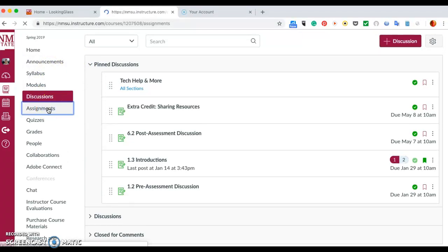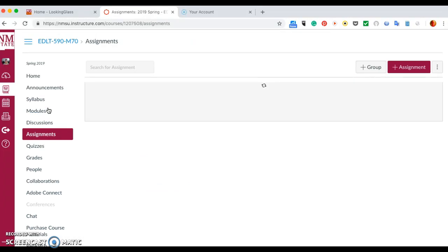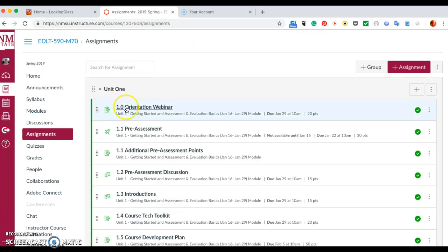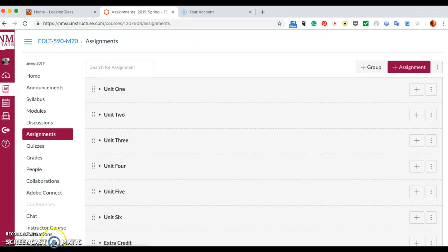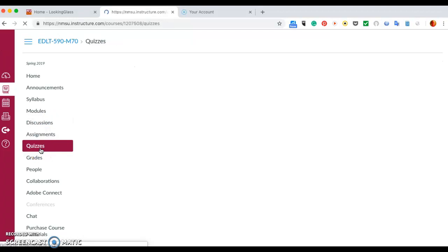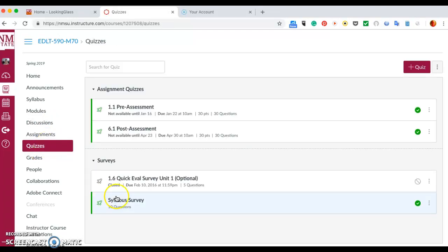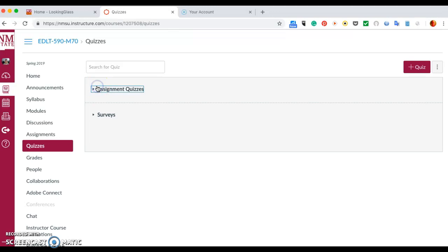Same for the assignments. They're all laid out here, and they are numbered in the way that they are expected to be done. Though some are kind of ongoing and overlapping and so on and so forth. So our assignments are constructed parallel to the modules. Quizzes, you only have a pre and a post test, but they're very important. I take that back. We've got some, not quizzes, but surveys here. And you'll need to be doing those activities appropriately as assigned in the course.